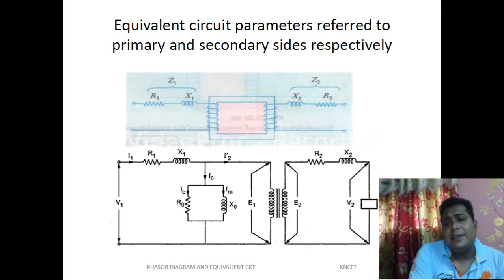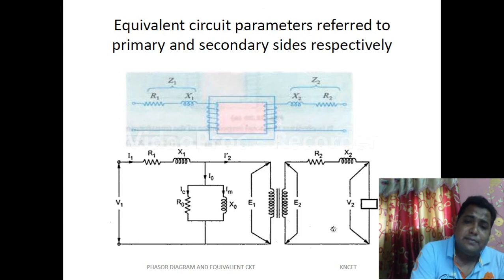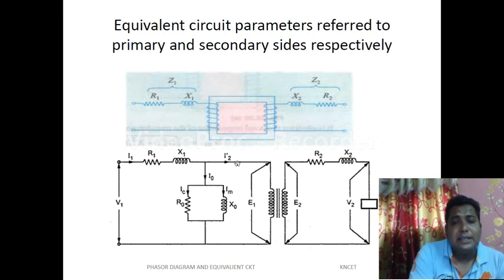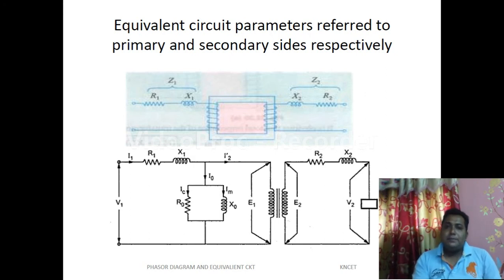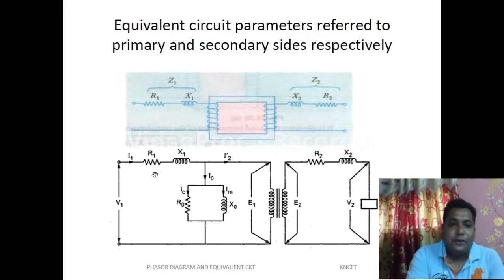And in the secondary side the load is connected, so the secondary is a closed loop, so I2 current is flowing. Due to that, the presence of R2 and X2 can be realized in the secondary side. When this current is flowing in the secondary side, it generates some flux, and that flux is cut by the primary winding, and there is a current flow, that is the I2 bar. Now when this I2 bar is flowing through the coil of the primary side, it will flow through the resistive and inductive property of the system. To represent that, we have drawn this component.